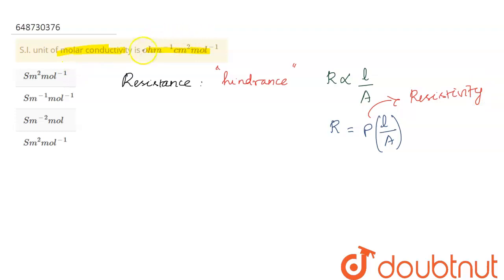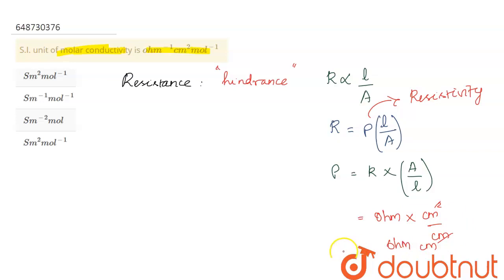Since we are talking about units, let us first calculate the unit of this resistivity. Put our rho over here, so R will be as such and this will be inverted. Substitute the values of the units. The unit of resistance is ohm. The area's unit is centimeter squared, and the length unit is centimeter. Centimeter will cancel, so we get the unit ohm centimeter for rho.